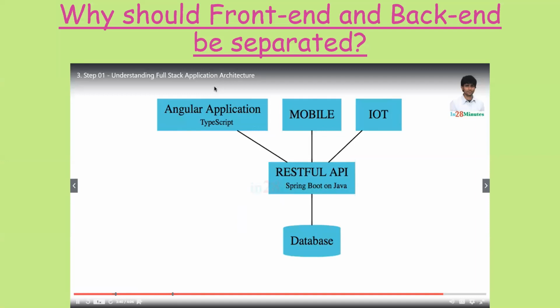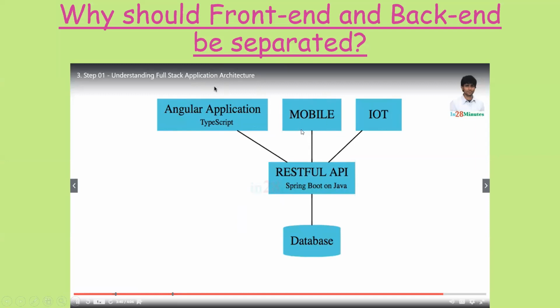And here is a question: why should front end and back end be separated? This picture is the answer. If you look here, the Angular application is used to develop a website and the mobile app.